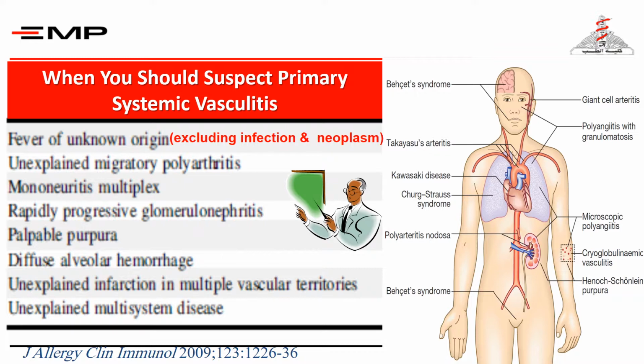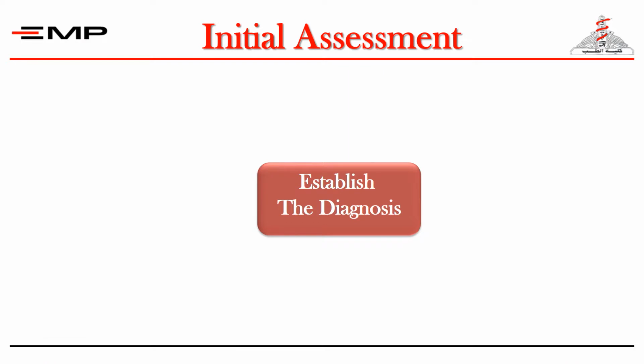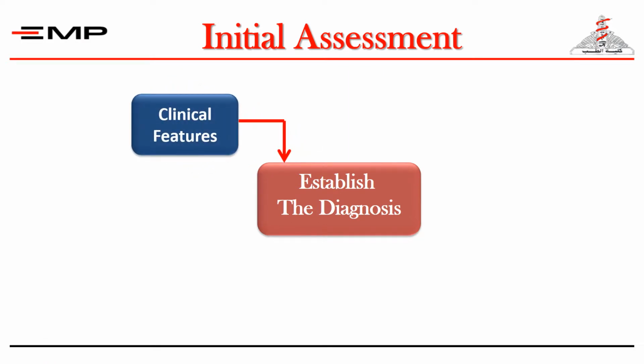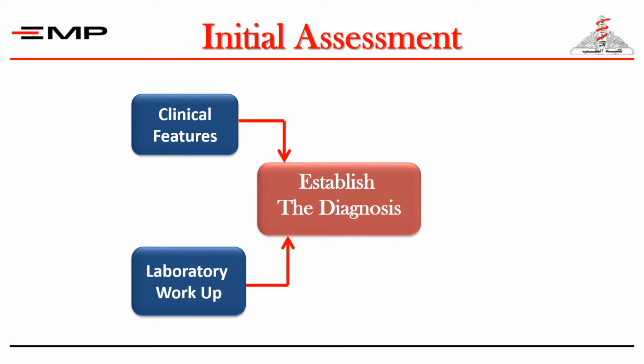As we see in the picture on the right side, Behcet syndrome may affect the CNS and may cause oral ulcers. Giant cell arteritis may affect the temporal arteries, as we will see later. Granulomatosis with polyangiitis may affect the nose, the upper airway, or the lower airway in the lungs, and so on. So we will suspect these clinical features when there is multi-system affection without localization. Then we have to order some lab investigations,